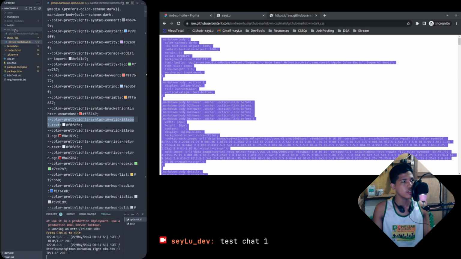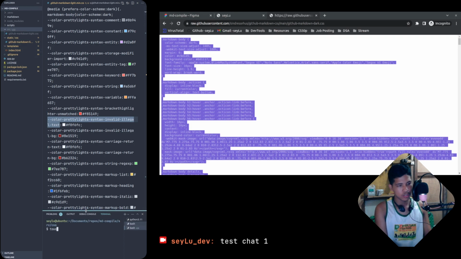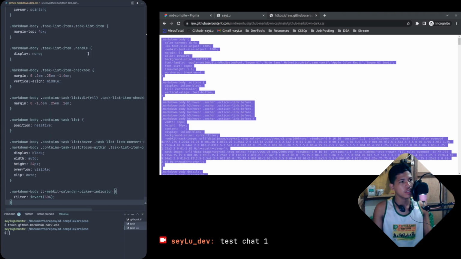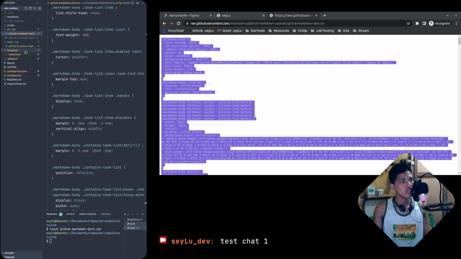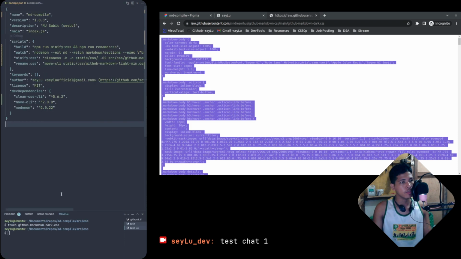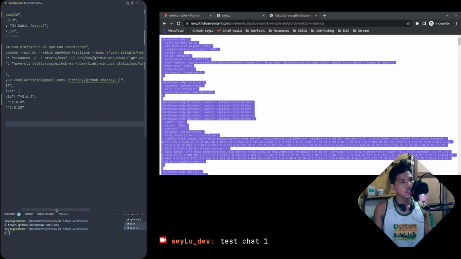and then create a new folder. I guess I can do it. Actually, no. Touch GitHub Markdown dark.css. Then I'll just paste this, and then I'll create a script. I don't have to create a script. I'll just, I don't know, I'll just